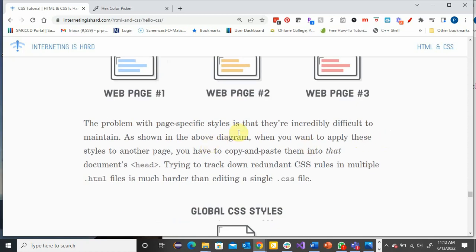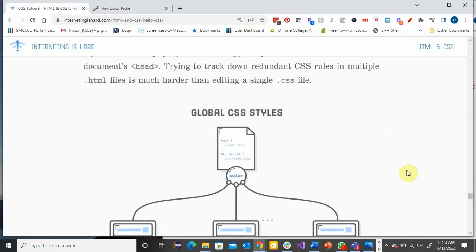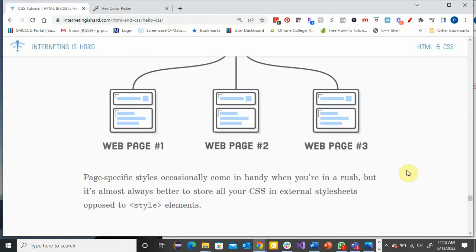Although you have to keep in mind that those can be difficult to maintain because you just have to make sure that you make the changes. Sometimes you have redundant rules. It just adds another little level of complication. All right, so